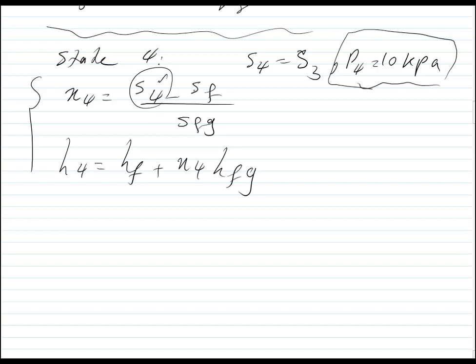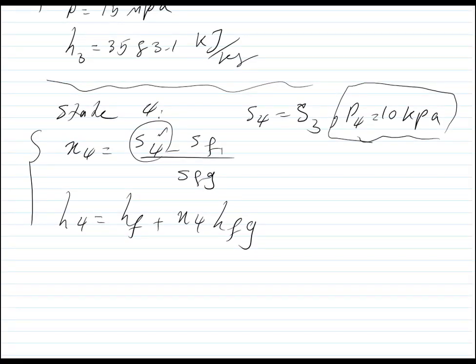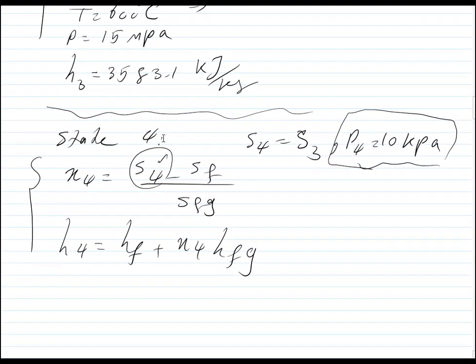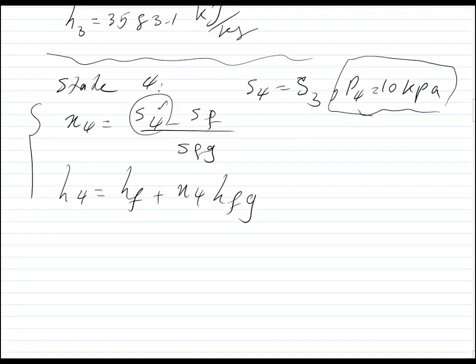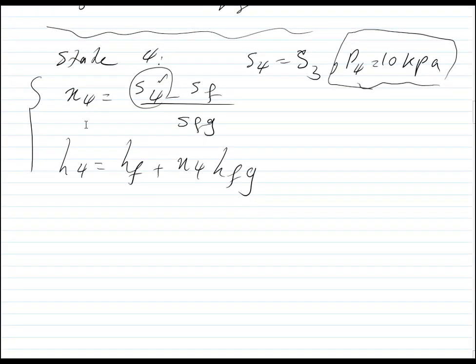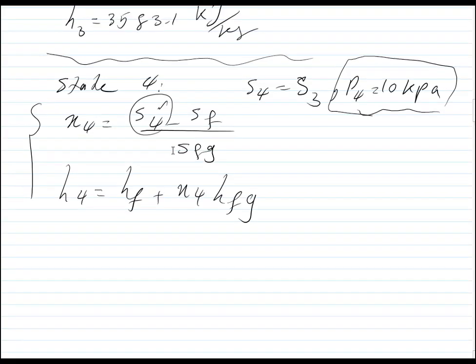So by substituting the S4, which we can find from this step, where we find H3, and also S3, and we have SF and SFG and HF and HFG, then by substituting the information from the table, this X4 will be equal to